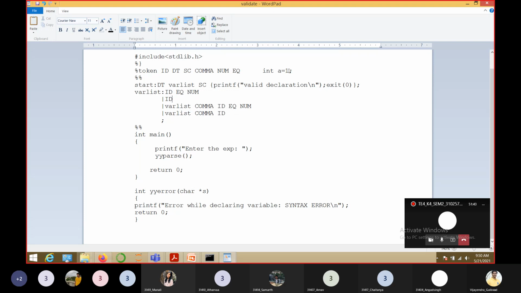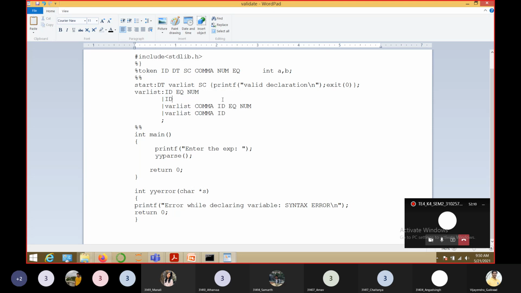And suppose we had a comma b semicolon, then this particular rule will be applied. Var list will be substituted by var list comma ID, and then this var list will be substituted by ID. We know how grammar rules are evaluated. Okay, fine.